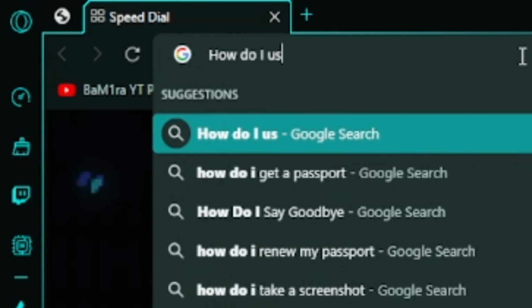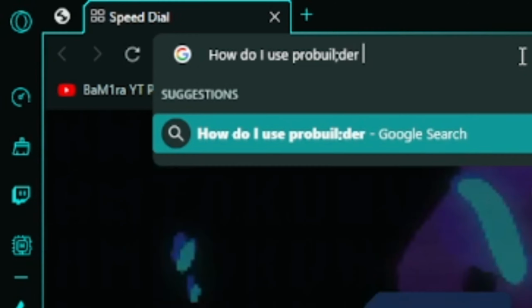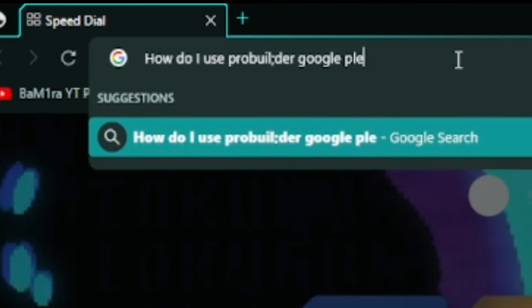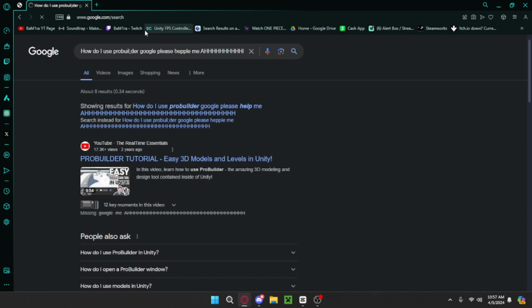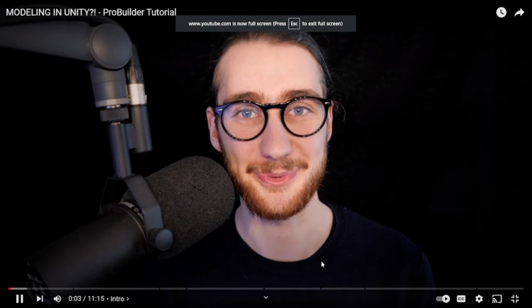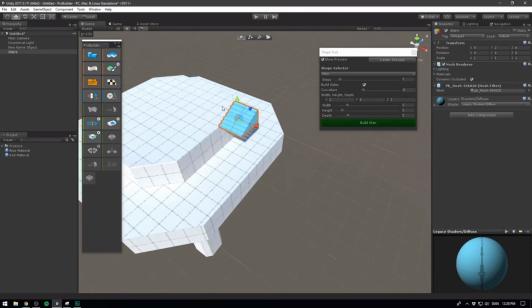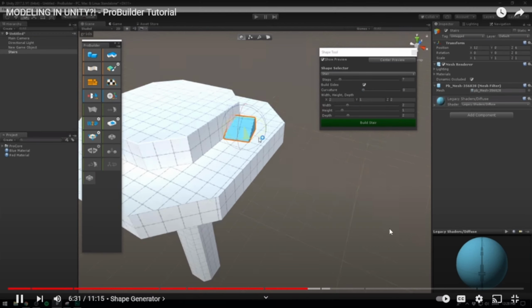So I want to make a house. And to make a house, usually what I would do is place down a shit ton of cubes and call it a day. But I'm too lazy for that. So... And after finding a great tutorial by Brackies, I followed the steps, and now I'm basically an architect.